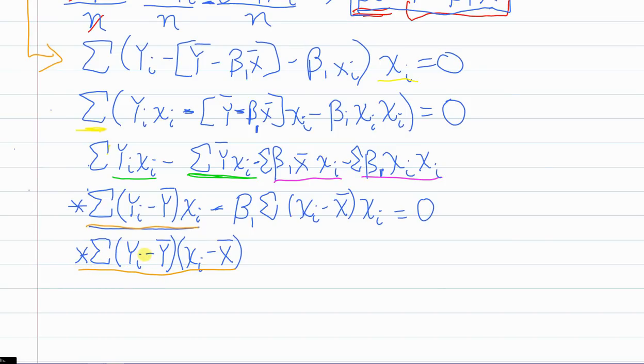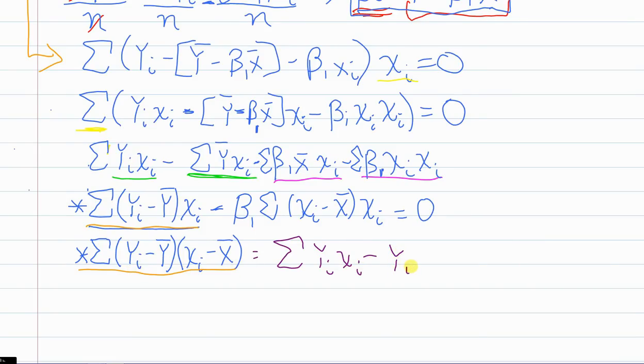How this is true, and how you can see this, is if you just multiply this equation out. We have two terms here multiplied by each other. We can use the FOIL method to multiply them out and watch what we get. Multiply the first two terms, so we get the sum of the yi times the xi, yi xi, and then do the outer terms, yi x bar, so that's minus